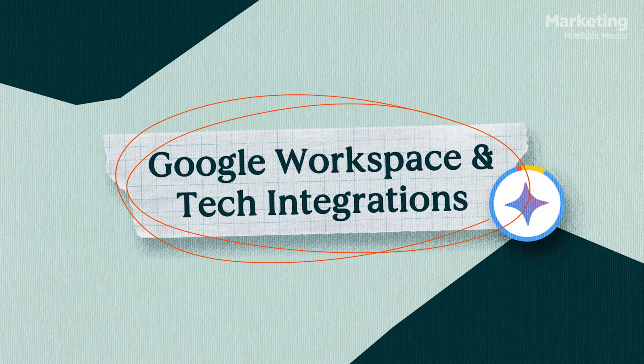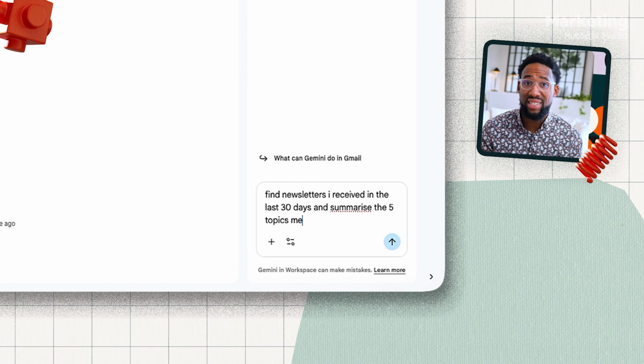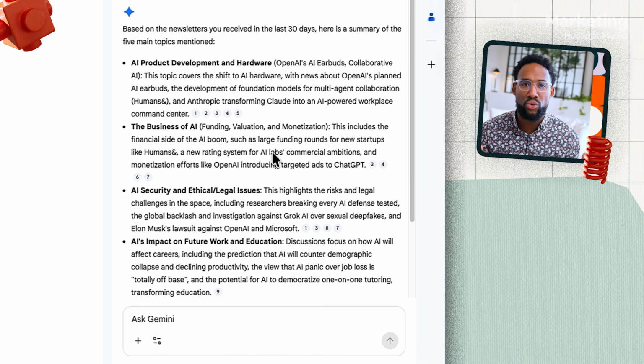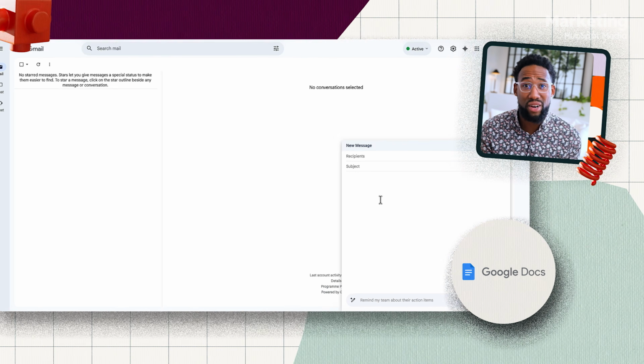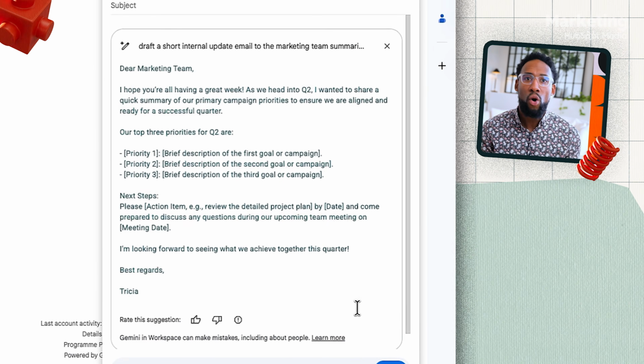Let's talk about Google Workspace. So far, we've used Google Gemini as a strategist. Here's ways that it can actually work inside of your existing tech stack. In Gmail, you can draft replies, summarize long threads, and even search your inbox with natural language. In Google Docs, you can generate drafts with "help me write" and research in the side panel while you work,